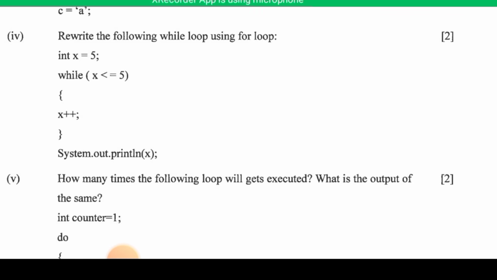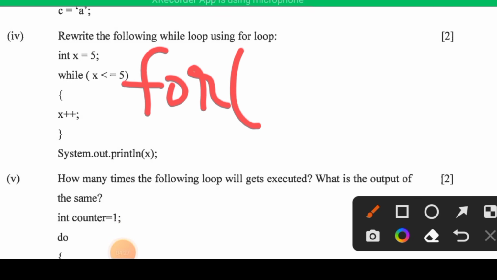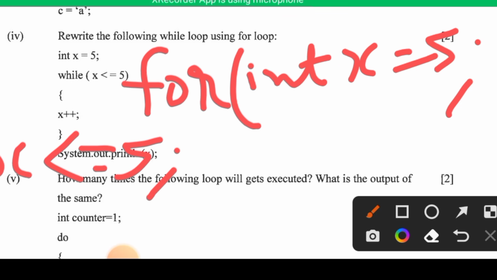So the same code has to be written with for loop. What we need to do is, we'll write here for. Inside for, we'll declare the variable int x equal to 5, then we put semicolon. This is initialization. Then after, we have to put condition. So we'll put x is lesser or equal to 5, then semicolon, and then we will put x plus